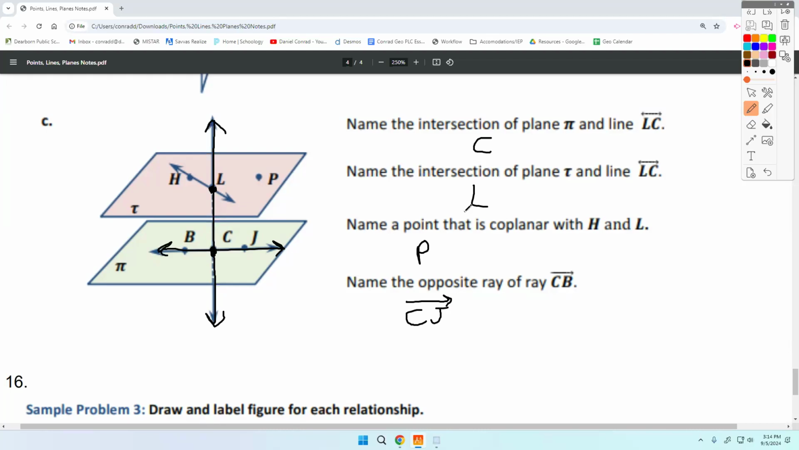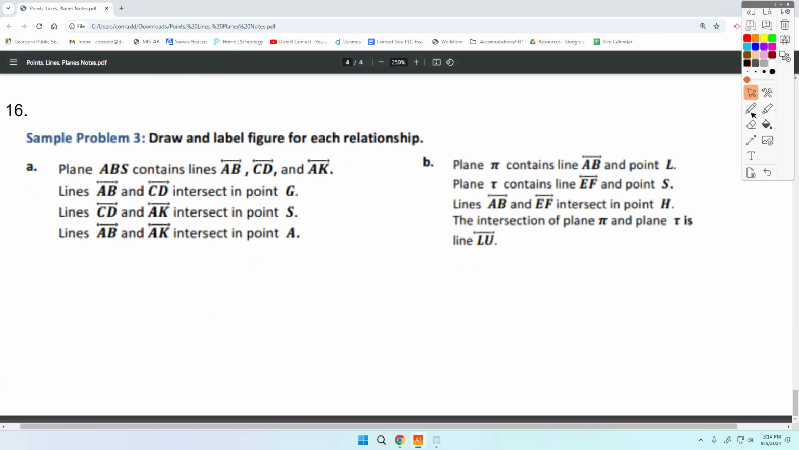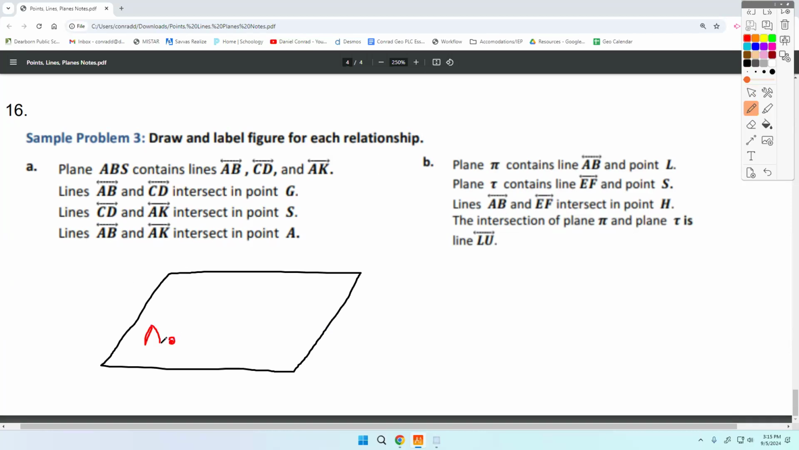The last two questions on here are drawings. So let's go ahead and make our sketches. Okay, so I have a plane. I'm going to do a plane. All right. ABS. So that means points A, B, and S are in here. So I'm going to do point A, B, and S. I might have to change where these go though, depending on